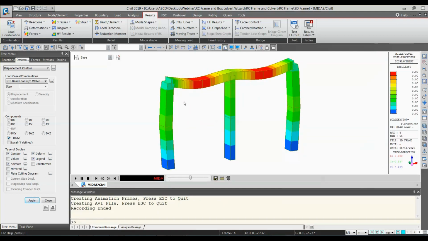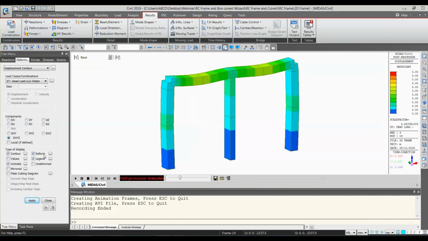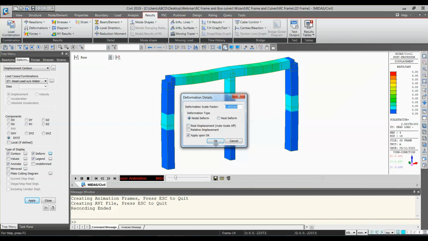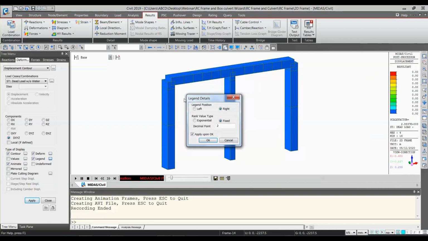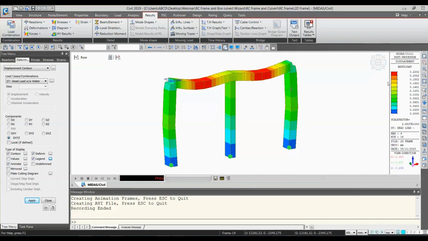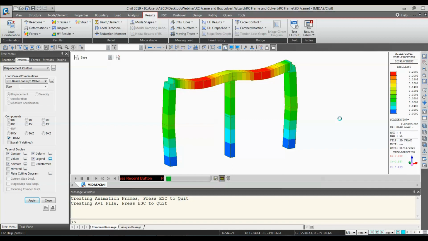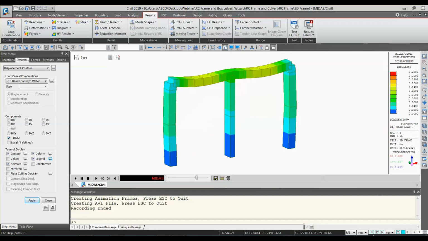So you can see the animated shape, and from the animated shape it would be easier to see whether our structure is behaving in the right format. Okay, so I will change it to mm to see the results. Okay, deformations are very small, so 0.22 mm.